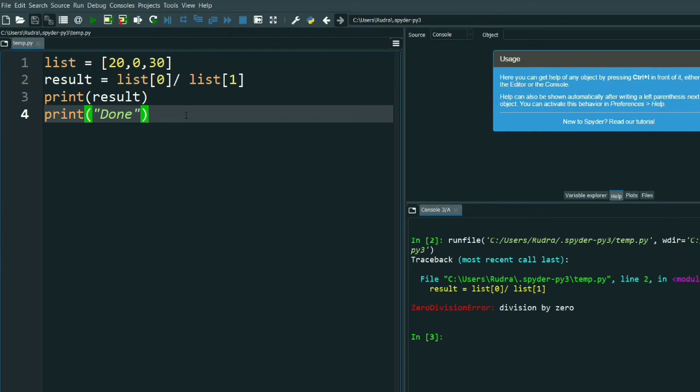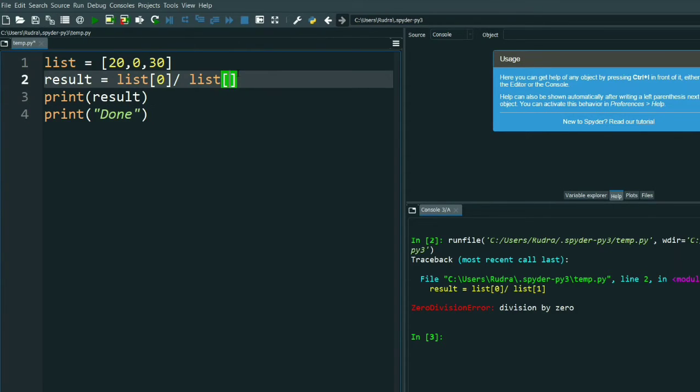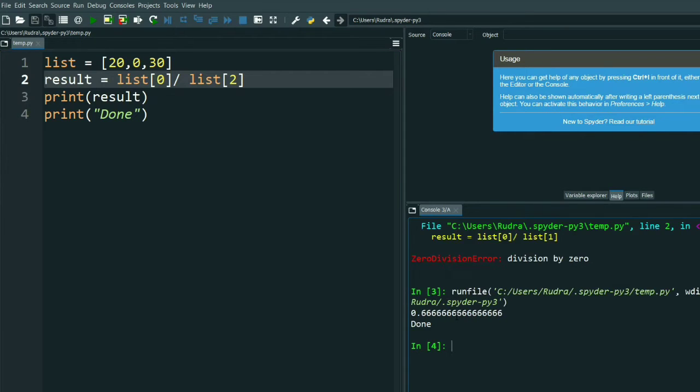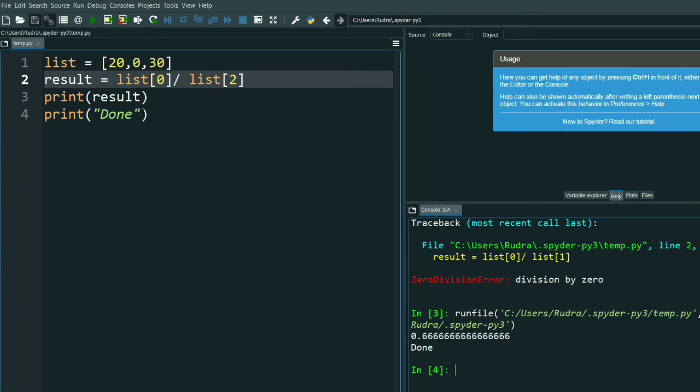And you can see another thing: done is also not printing, because the printing of result fails first. Suppose you put 2 here. Then you can see the output is okay, and done is also printed because print result is working.